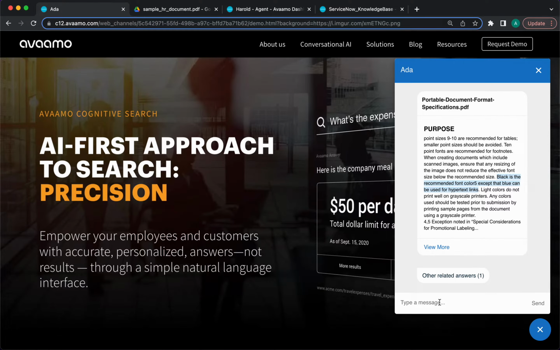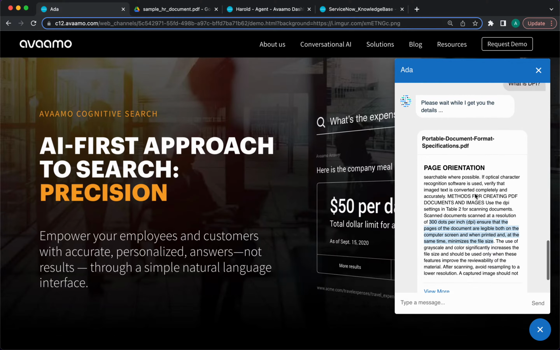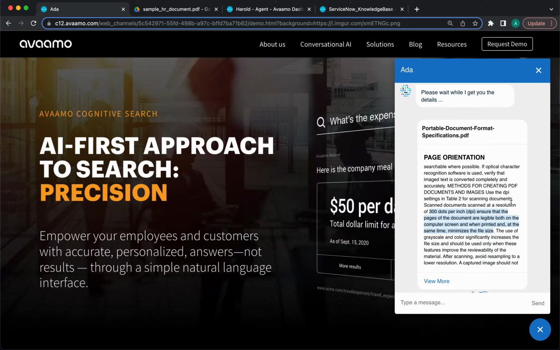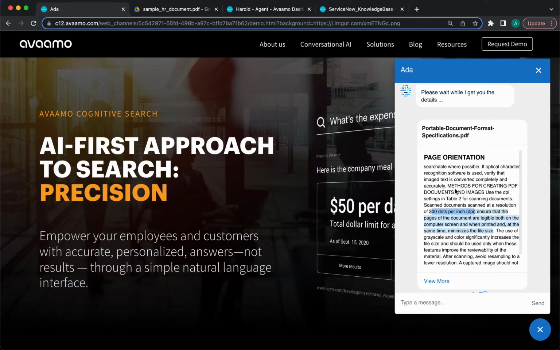Okay, let's ask for an abbreviation. So what if I say, what is DPI? And again, the system understands abbreviations, acronyms, things like that, being able to automatically find the answer to that question. DPI, or dots per inch here, has now been described to me. I get the right answer and the right question from a different document, or from the same document, different section